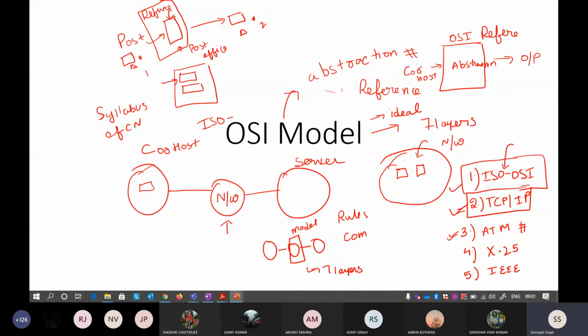Because you are studying computer networks here, it means that you are an employee of the post office. So you have to understand how exactly the post is distributed to a particular destination, how exactly it reaches a particular network. That is your OSI reference model. You have to understand ISO OSI if you want to work in a networking company.